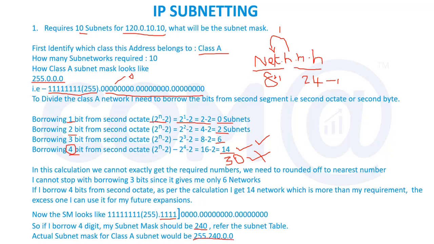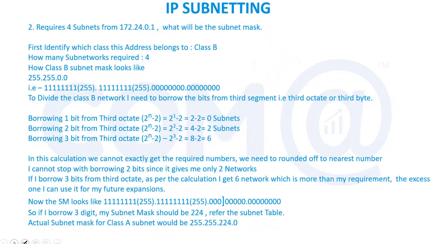At a later point in time, we'll learn what all the 10 networks available are. But for simple understanding, we are taking only the simple requirement, just to understand what my subnet mask is. If you don't know how many networks are required, then you cannot perform this calculation. So first of all, you have to gather the requirement and then you can proceed with the calculation. So this is one example. Let's move on to the next example.